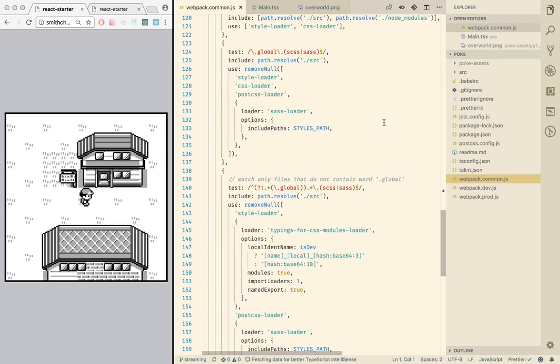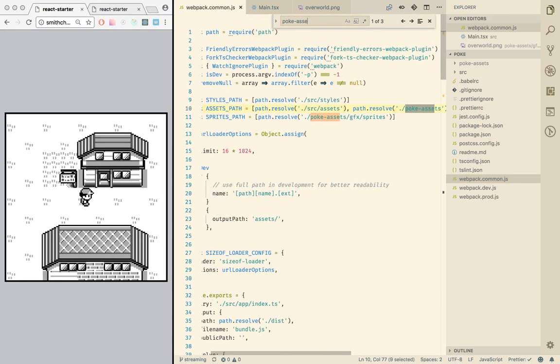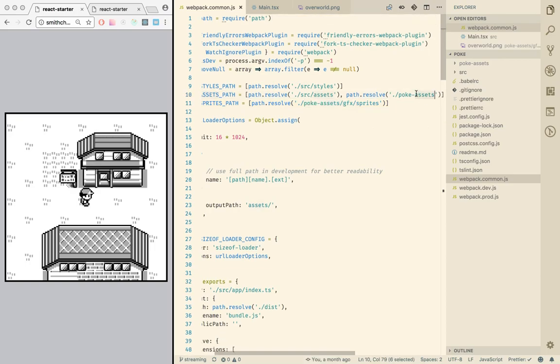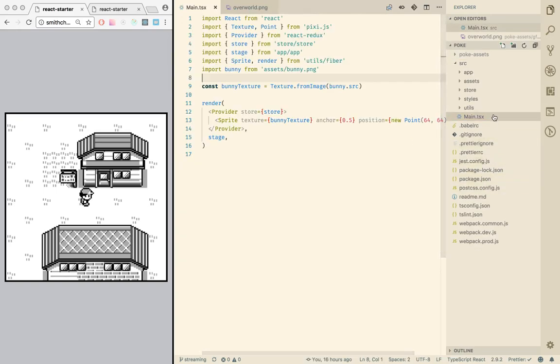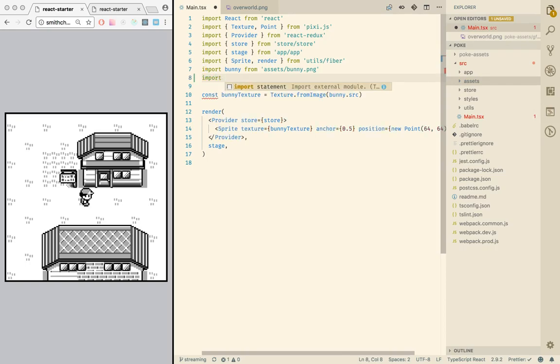It looks into poke assets. Oh, it just looks into poke assets. So this is the Webpack configuration. You don't need to think about it, but basically, when I import from assets, it looks into this folder. But if I import from